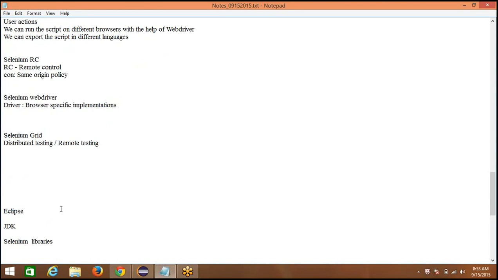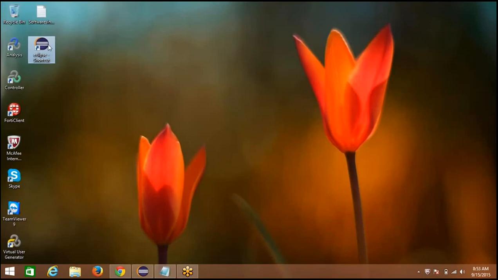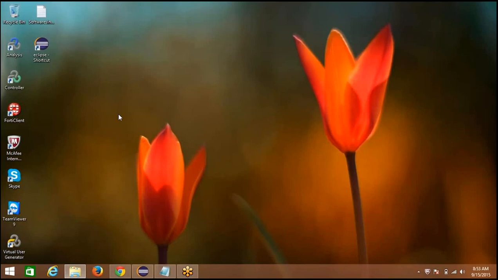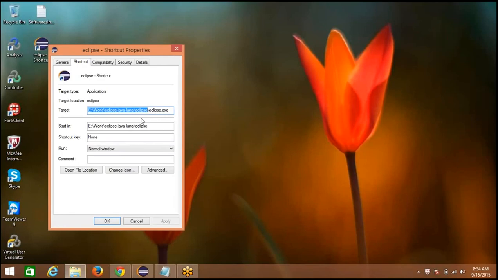What you need to do is right click on the Eclipse zip file and click on extract all, so that all the components are extracted, and you will see one icon called eclipse.exe. Okay, click on this icon. I would like to show you that also.